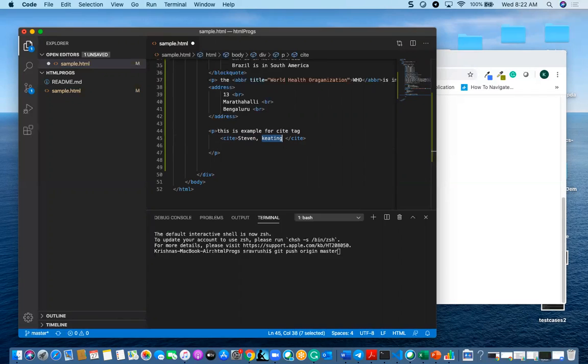It will define the title of some work, not the author name, the title of some work. Suppose you are giving some kind of article or something. Yes, citations, yeah. And one more doubt, if we enter capital letters in the italic tag, it won't print. Yeah, I will show you.